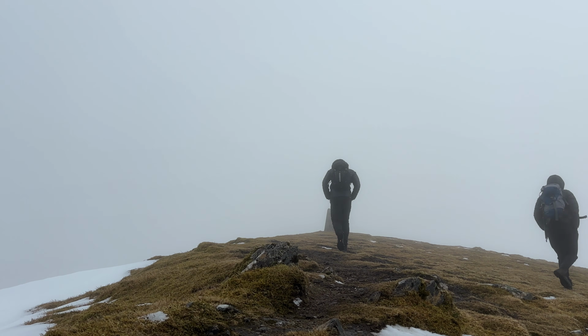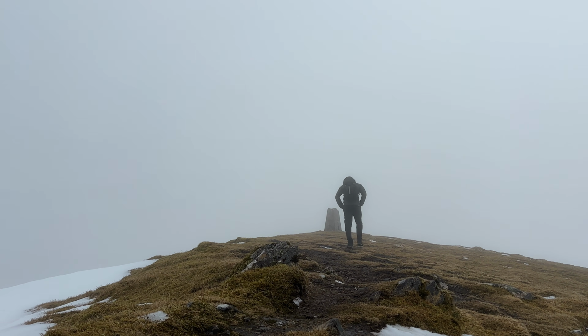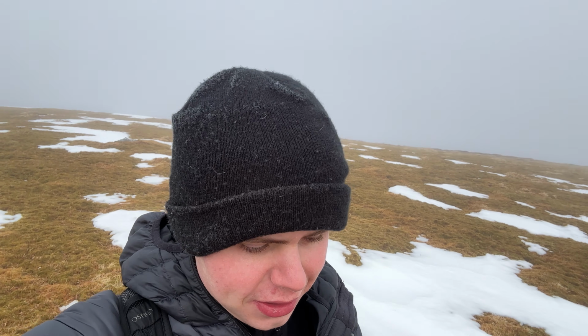It really is quite windy now and it's so cold in the wind. Such a shame about the views. Like, it's pretty much clear the entire way up. As soon as we get to the top, I mean, just our luck. But I think we're just going to make our way down the mountain and see if we can find somewhere